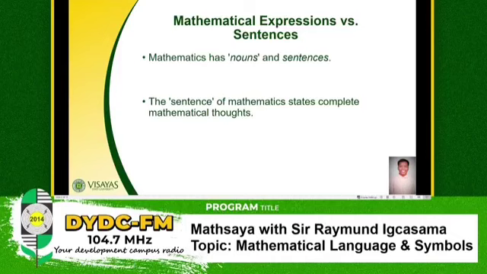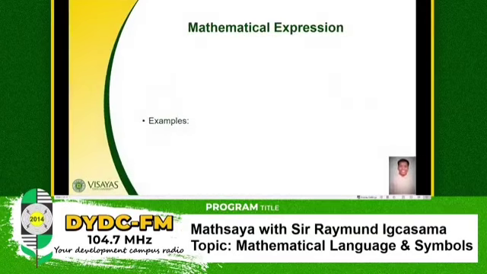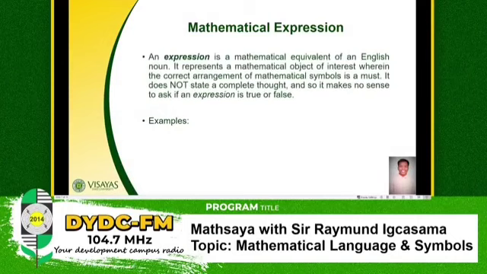Now, in mathematics, an expression is a mathematical equivalent of an English noun. So it represents a mathematical object of interest wherein the correct arrangement of mathematical symbols is a must. So you have to take note of that. It does not state a complete thought, and so it makes no sense to ask if an expression is true or false. Example: